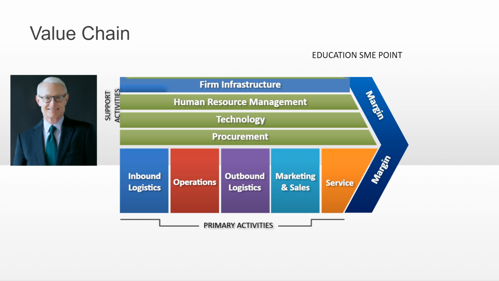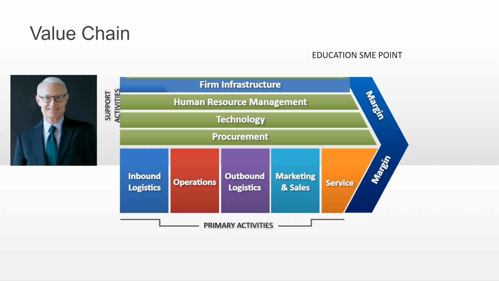Competitive advantage cannot be understood by looking at a firm as a whole, Porter wrote. It stems from the many discrete activities a firm performs in designing, producing, marketing, delivering and supporting its product. Each of these activities can contribute to a firm's relative cost position and create a basis for differentiation.